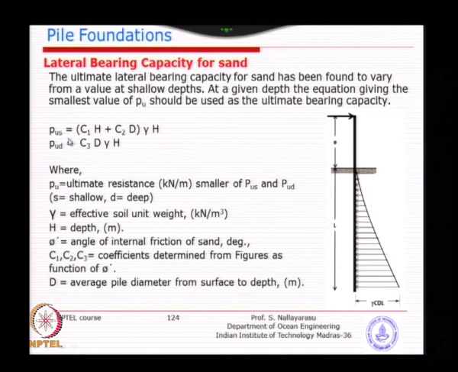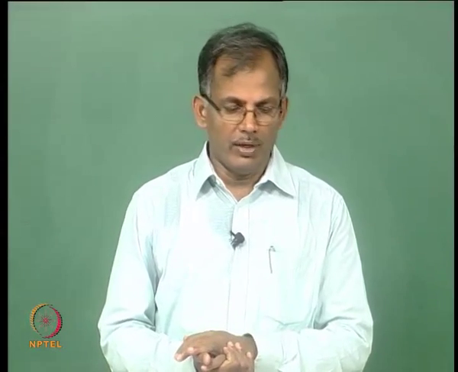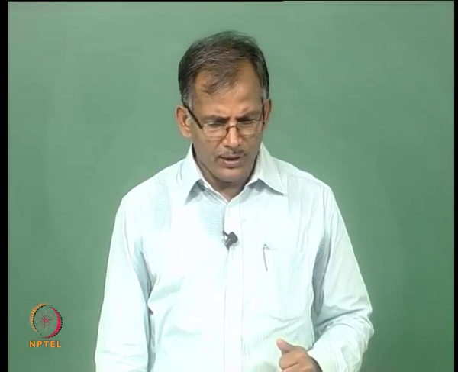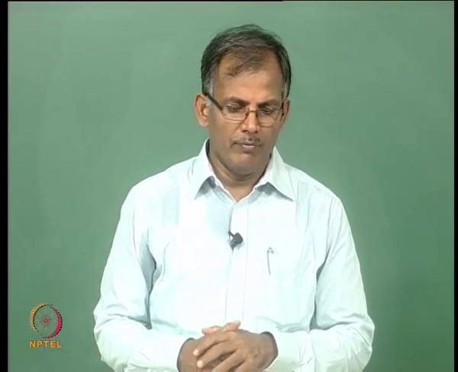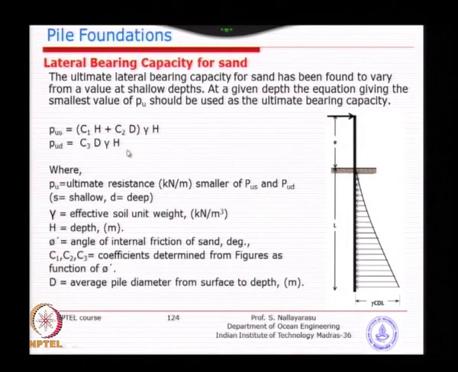So, we need to find out the values of ultimate strength from both these formulas. One is for shallow depth, another one is for deeper depth, and whichever governs, or whichever gives the lower value, you have to use it. But generally here there is no demarcation of what your so-called shallow depth and deeper depth is. Unlike in clay, where you have a value of XR, and below XR you have one formula and above XR you have another, in sandy material API recommends you find out the value of both, and whichever gives you the lower value, use it for that particular location.